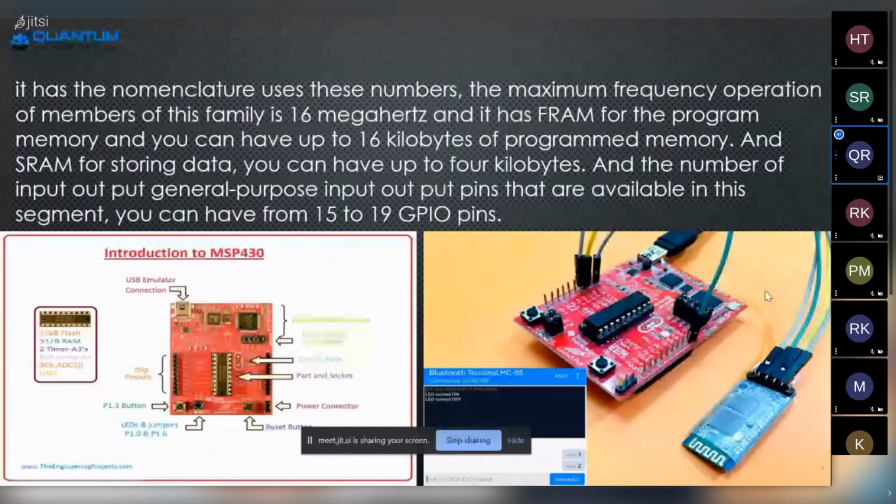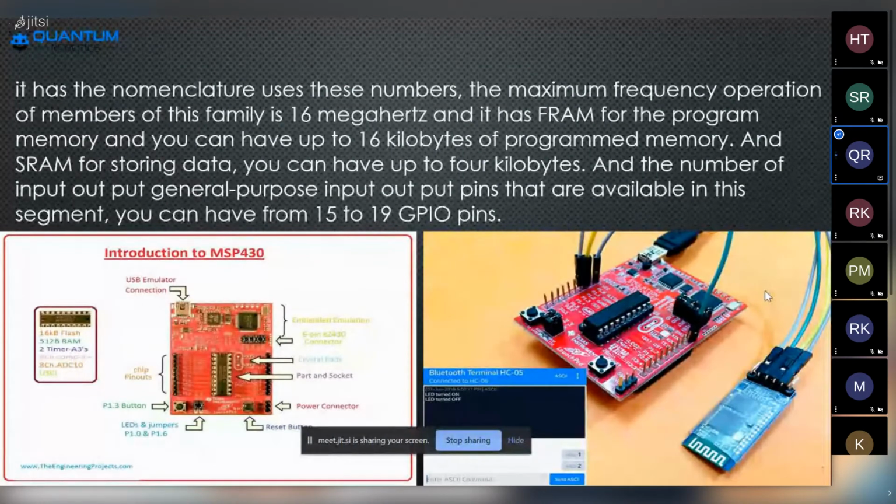Here we can see that the MSP430 has a nomenclature that uses these numbers. The maximum operating frequency of members of this family is 16 megahertz, and it has FRAM for program memory, with up to 16 kilobytes of program memory, and SRAM for storing data with up to 4 kilobytes.